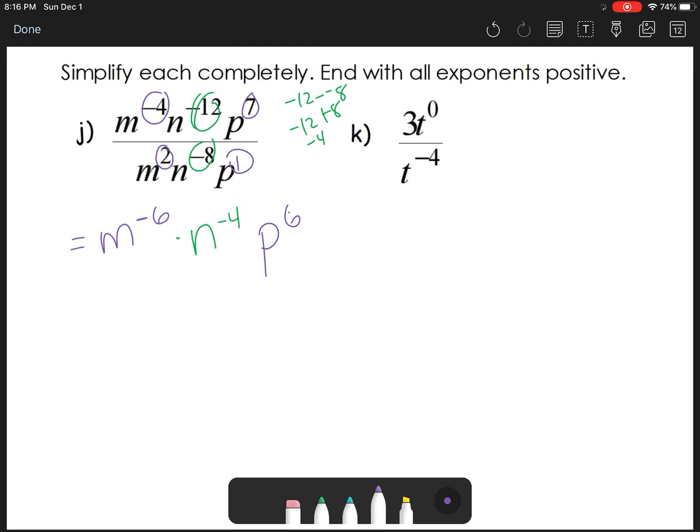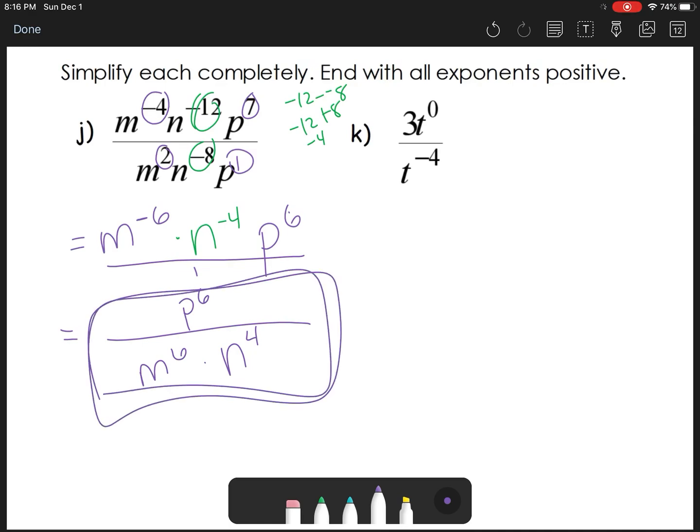Well, I've got two negative exponents that I need to switch, so I would have, this is all over 1, so m to the 6th would be in my denominator, n to the negative 4th would need to switch to my denominator, but p to the 6th gets to stay in my numerator. And that would be our final answer. Notice that we know it's our final answer because all of the exponents are positive and all of our like